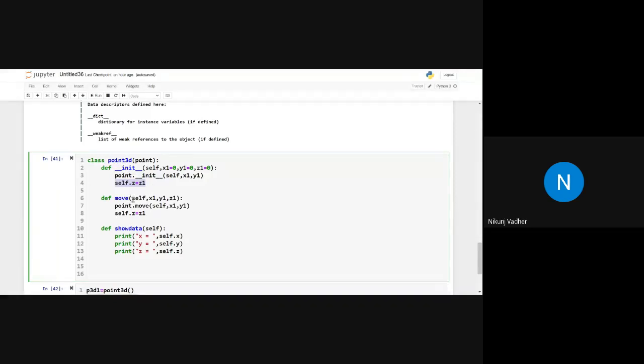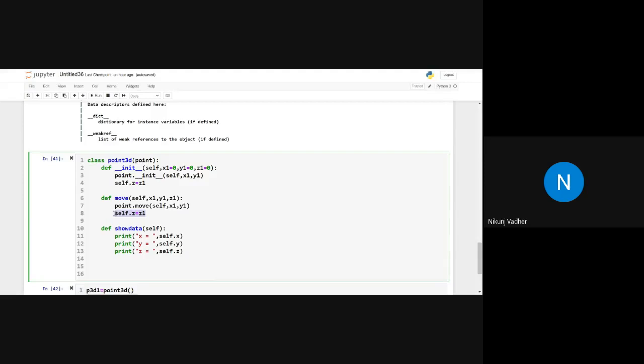You can see we have implemented the move function. In the move function, we call the move of the base class, Point.move, where we specify two arguments for x and y. We use those for the base class, and this z we use for the derived class.